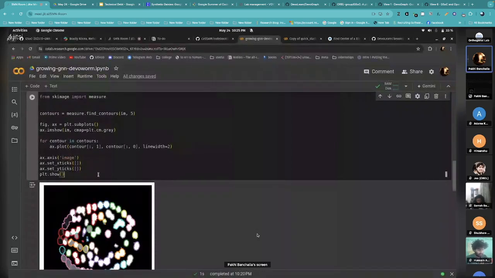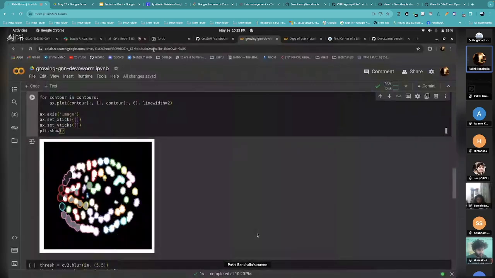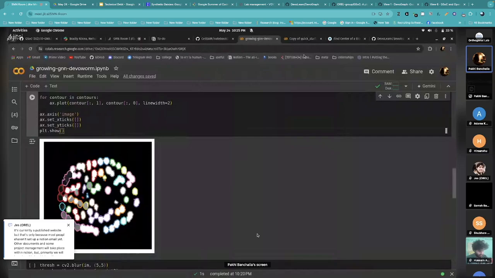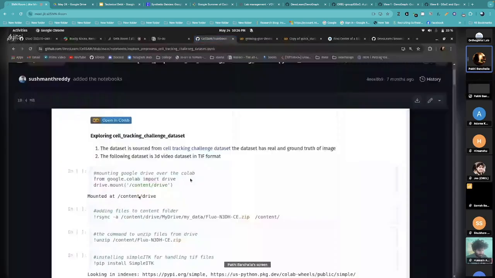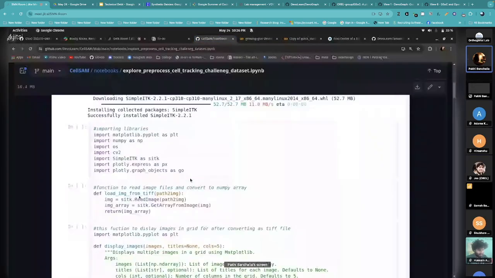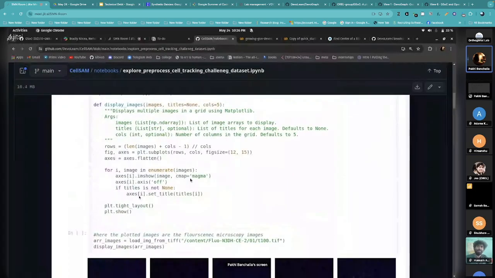Yeah, and one more thing I wanted to ask was, I was thinking if we could segment these even more clearly so that each of the cells are separate, so the contours are more differentiable. So I was going through the cells model, but I was not able to really understand. Like I was using the